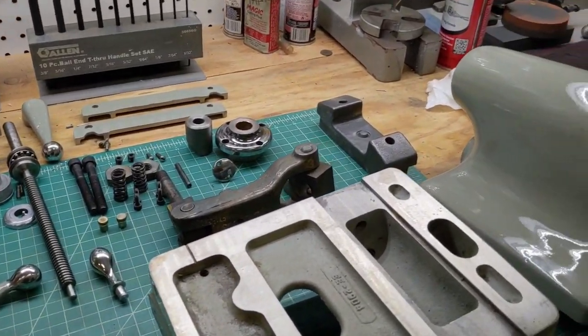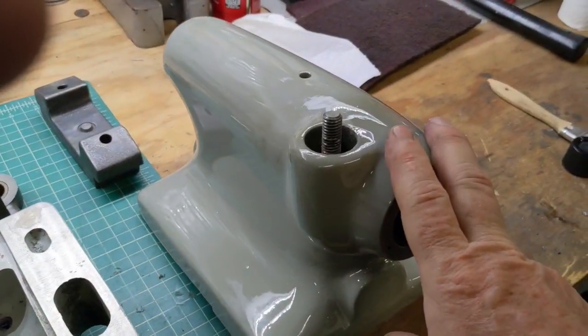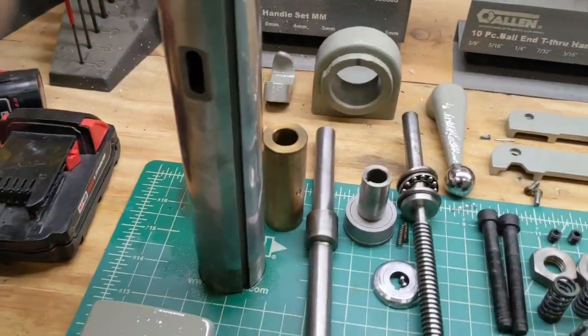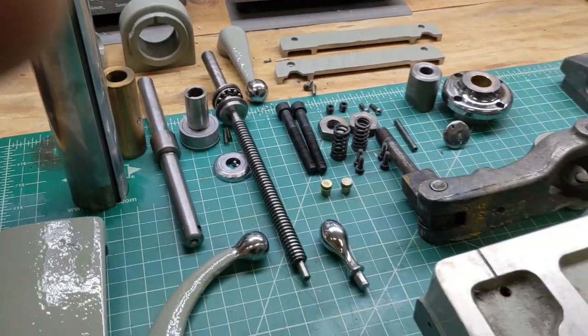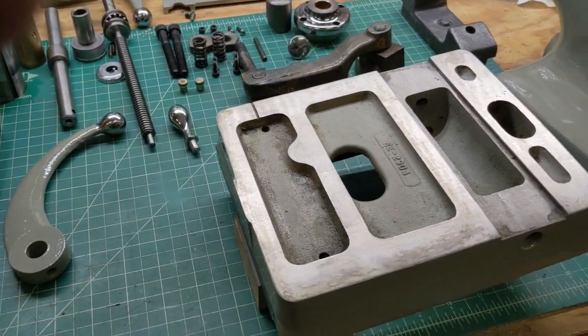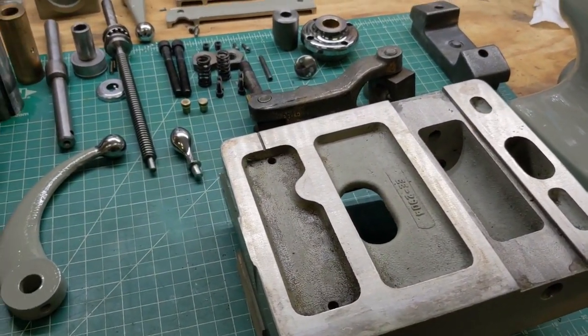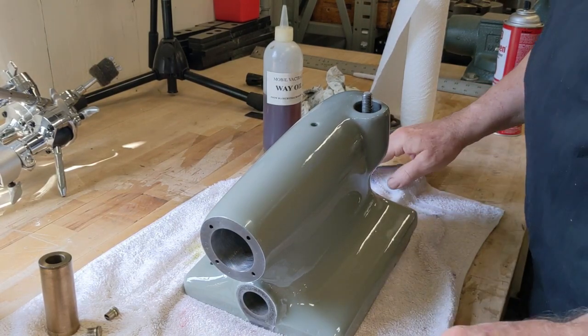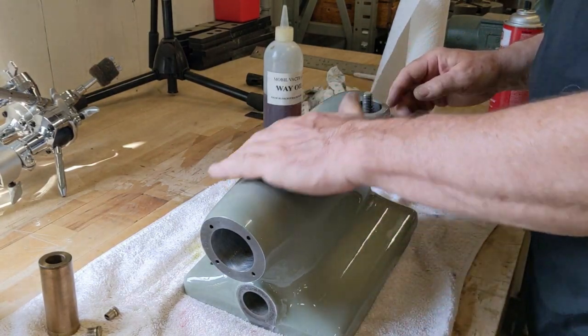So the first thing that I'm going to do is get this body here assembled with the cam and the bushing, and then we'll just go step by step till I get this all put back together. So let me get you on a little stand and let's get this thing put together. All right, guys, I moved this over to my other workbench here where I've got a little bit more room